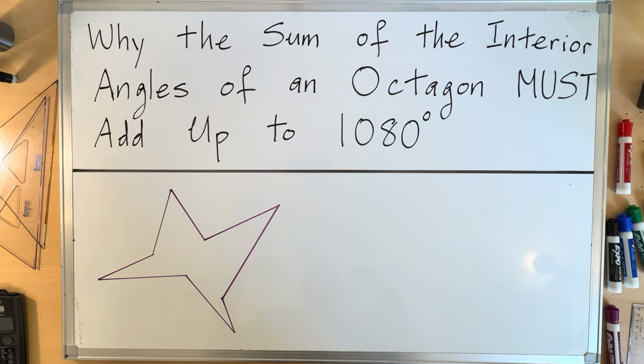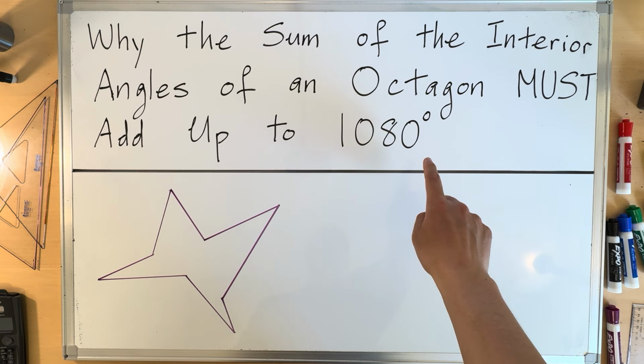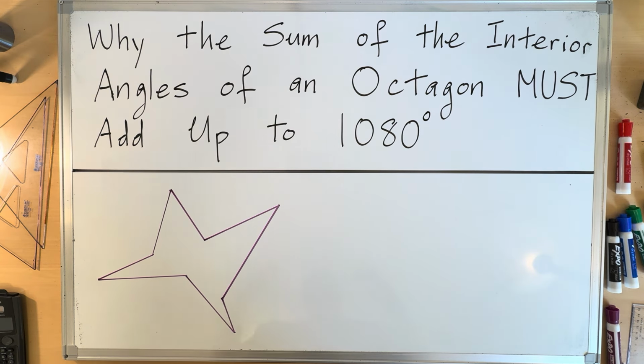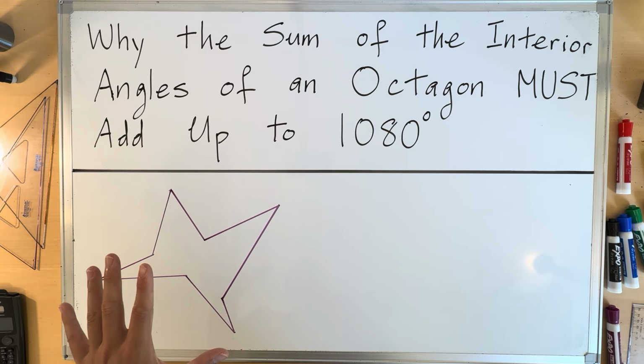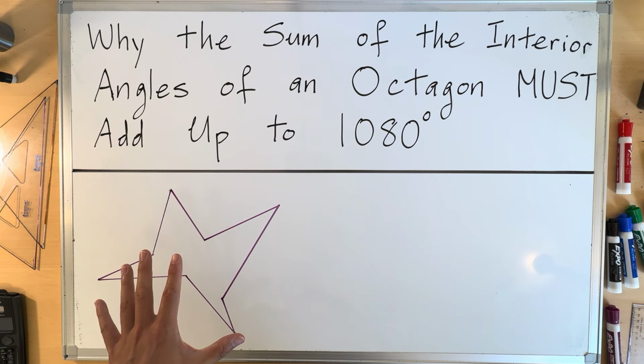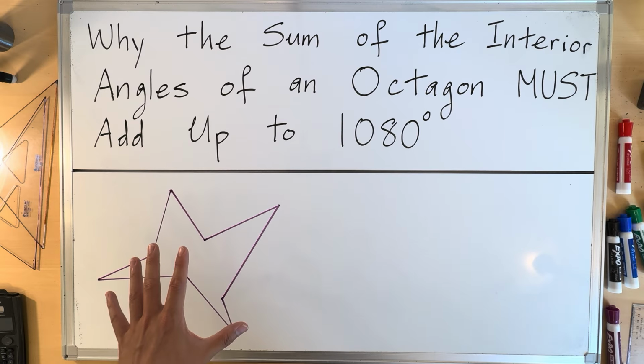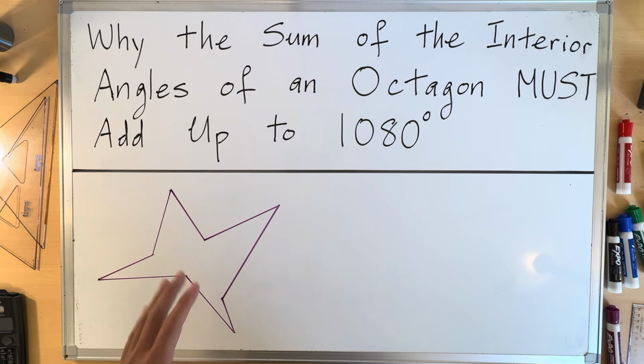Today, I will be showing you guys why the sum of the interior angles of an octagon must add up to 1080 degrees. And to illustrate that, I will be using this very irregular, very concave octagon right here, because the regular convex